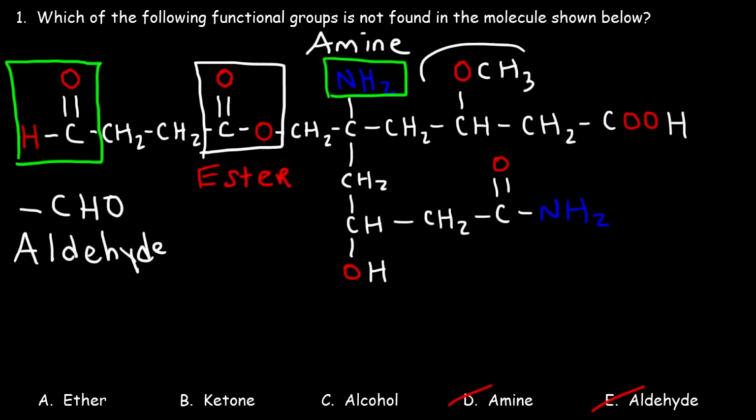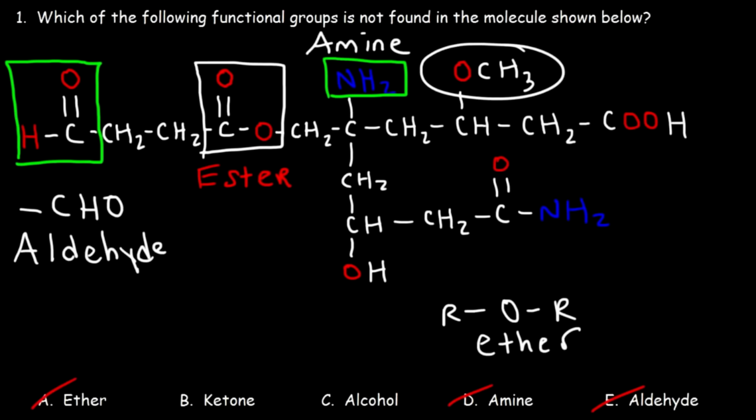What about this group? This OCH3 group? What functional group is that? So notice that we have an oxygen attached to 2 carbons, which is basically equivalent to an oxygen attached to 2 R groups. This is known as an ether. So A is eliminated. Next we have a COOH group. That is known as a carboxylic acid,